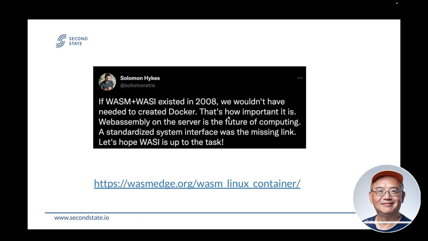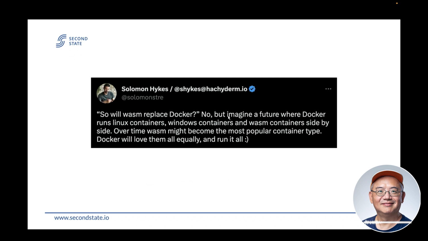As you can imagine, when he said that, there was an uproar in the community. There are lots of people who are very invested in Docker and Linux containers. They came out and said, is it really true that Linux containers would not be important in the future anymore? So most people missed the follow-up tweet. He said, well, will WASM replace Docker? No. But imagine a future where Docker runs Linux containers, Windows containers, and WASM containers side by side. Over time, WASM might become the most popular container type. So what he envisions is a container runtime that runs different types of containers, which is exactly what Quasar is,